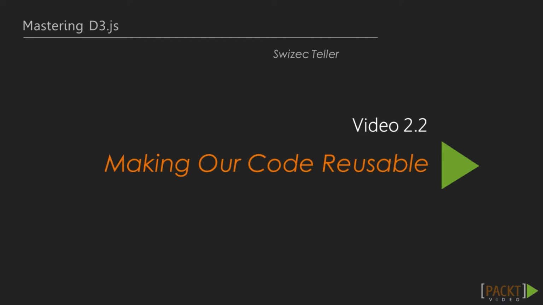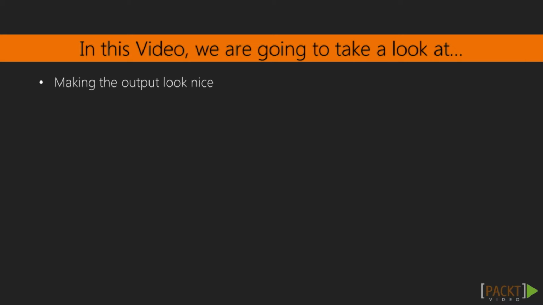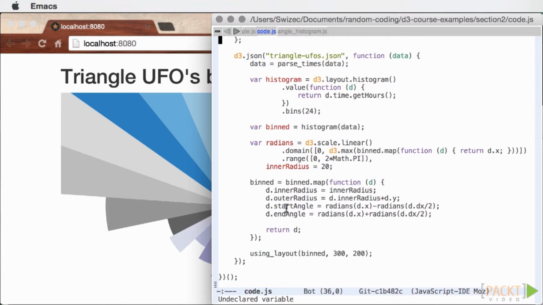Great, we've got our sketch of the angular histogram. Now let's make the code more reusable, then in the next video we're going to make the result actually look good. Once you have a working visualization, turning the relevant bits into a layout isn't too difficult. See that code where we add data to the histogram output? That's the part we're going to generalize and turn into a layout. To give it as much versatility as possible, we're also going to add some